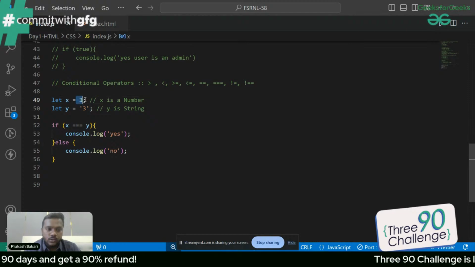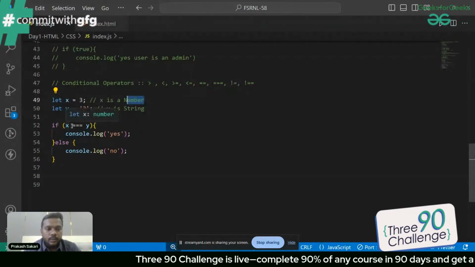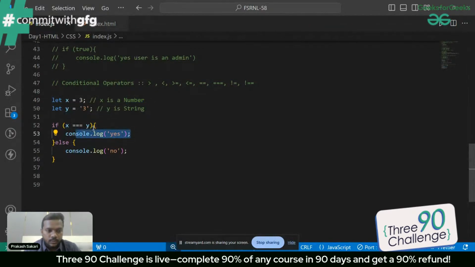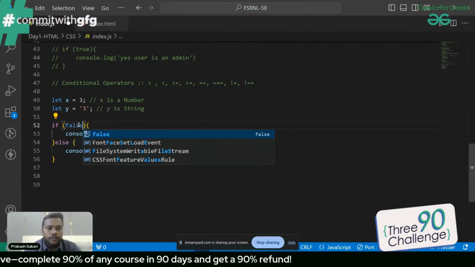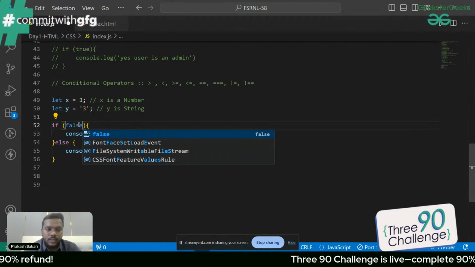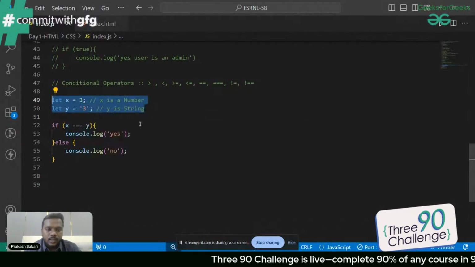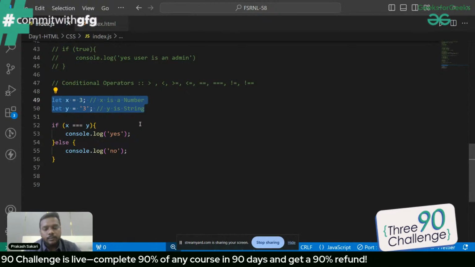X is 3, which is a number, y is a string. X is a number, y is a string. So that's why with triple equal to, this condition fails. This condition will become false. Why? Because x and y, the value is the same, but their data type is different. So that's why this condition becomes false, and that's why we are just getting no on the